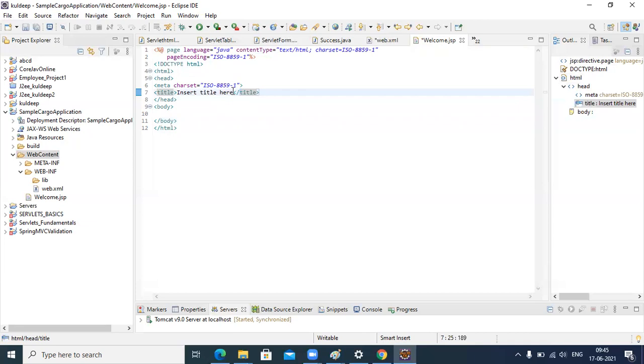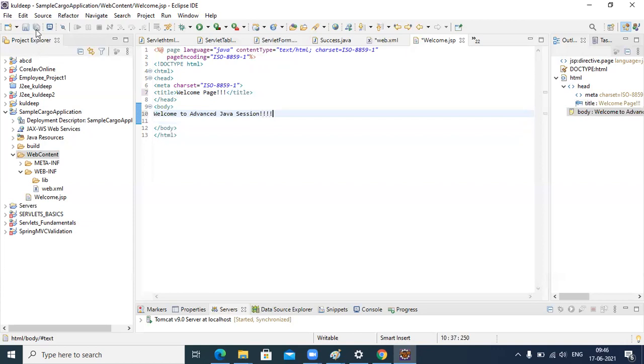Here you have to insert the title which will appear on the title bar. Let's say welcome page. Let's say welcome to advanced Java session.